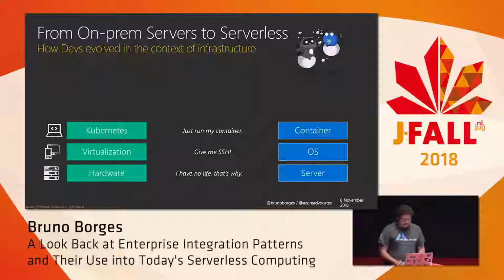So we developers, the reality is we don't even care. We should not care about writing Docker files. We should not care about writing YAML files. Let's talk about YAML files. So